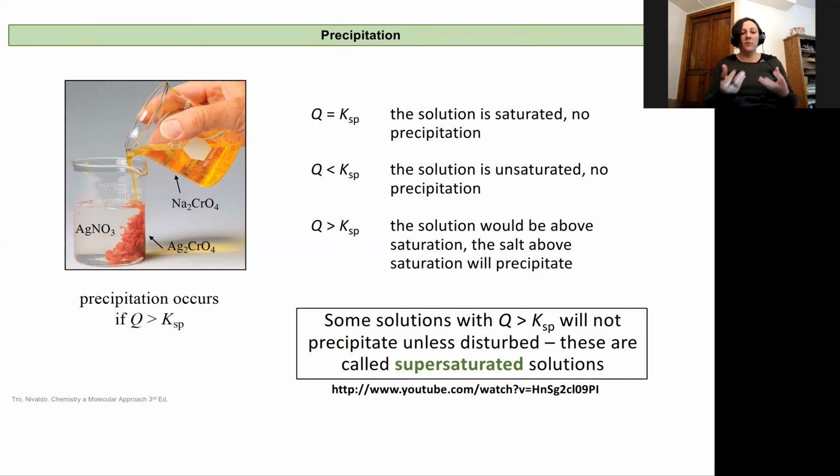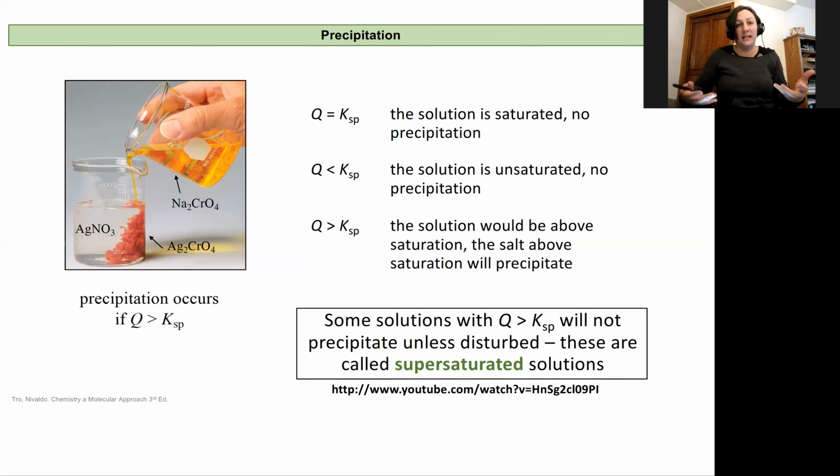In this way, we can tell if a system is at equilibrium, or if it needs to form more products or more reactants to reach equilibrium. We've used this before when we talked about chemical reactions, and now we're just going to apply it to